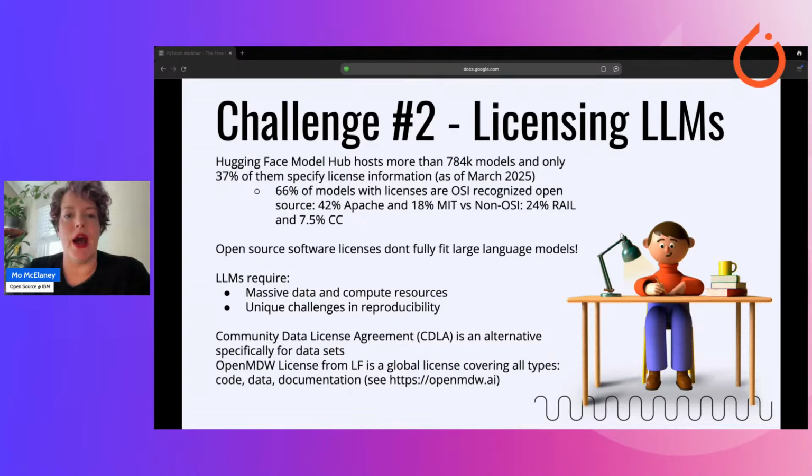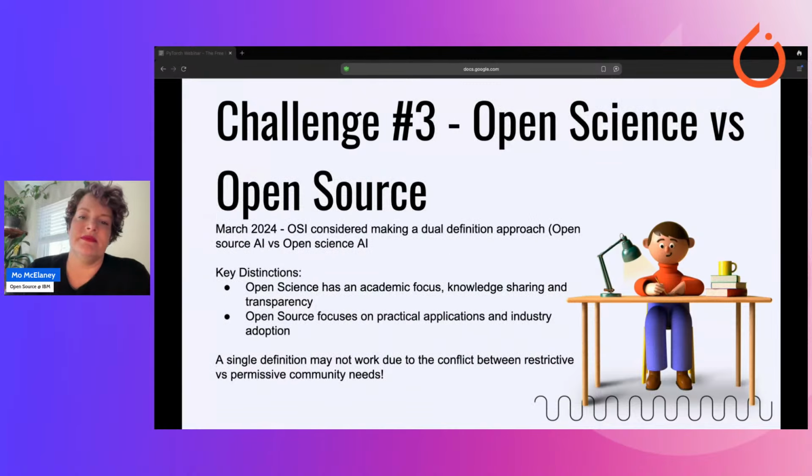So, how do you license them? That's the next big challenge. As of March 2024, OSI considered making a dual definition approach. They would have an open source AI definition and then an open science AI definition. And the key distinction between these two is that an open science approach would have an academic focus.